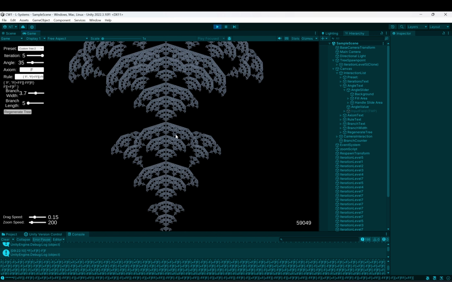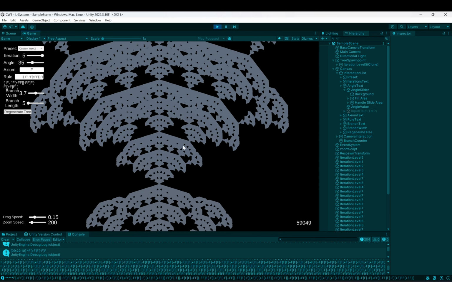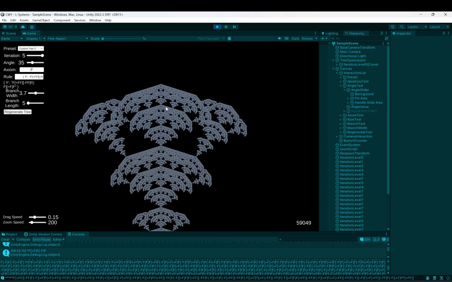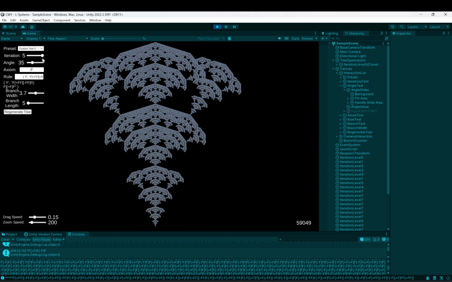So there aren't as many holes within it. This may take a couple seconds just because not only are we generating the 59,000, but again, you're having to load more space. So yeah, here you can see a lot of those gaps were filled in,